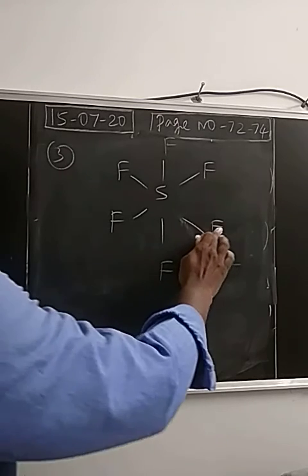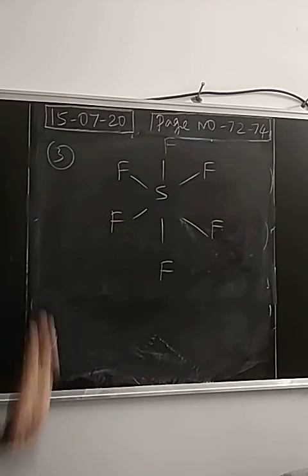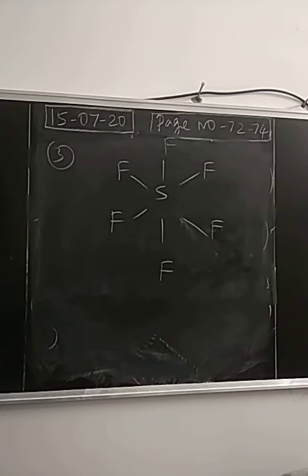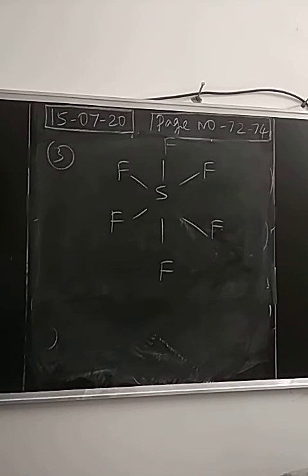Sulfur hexafluoride, right? So the Lewis dot structure can be derived. For sulfur hexafluoride, the Lewis dot structure can be derived. You just follow the same 5 steps. First, skeletal structure, calculation of valence electrons, placing the electrons as single covalent bonds, placing the remaining electrons as lone pairs on the more electronegative fluorine. At last, check whether all the atoms are obeying the octet rule or not. If you have more than one possible structure, find the formal charge. Based on the guidelines, fix the preferred structure.